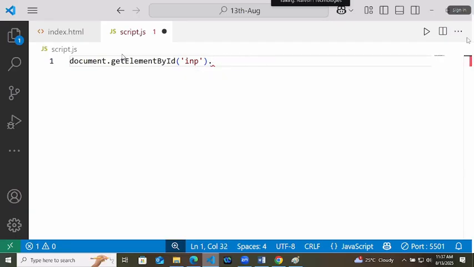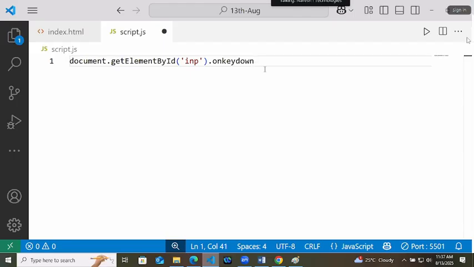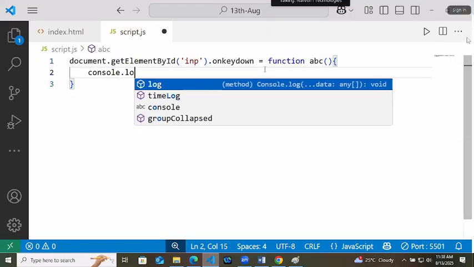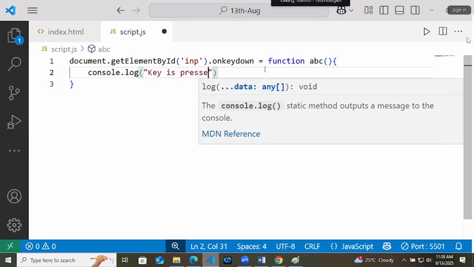In VS Code, if you check, onkeypress is written with a strikethrough, meaning don't use it now. Instead of this, use onkeydown. This is a new method. Whenever any key is pressed inside this input box, it will call a function of ABC, and what it will do is just print to the console that the key is pressed.